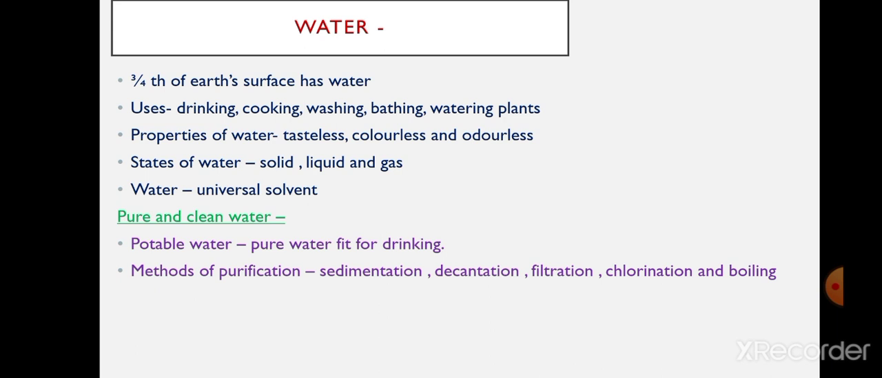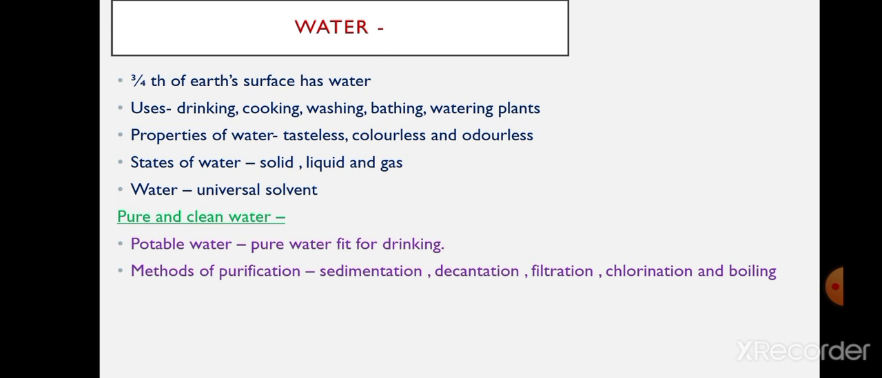Now water can be found in different states. It's found in three states, that is solid, liquid and gas. If you take water in an ice tray and put it in the deep freezer, due to the cold condition it will turn to solid, that is ice. Again if you take it out from the freezer, the ice, due to the heat, will turn to